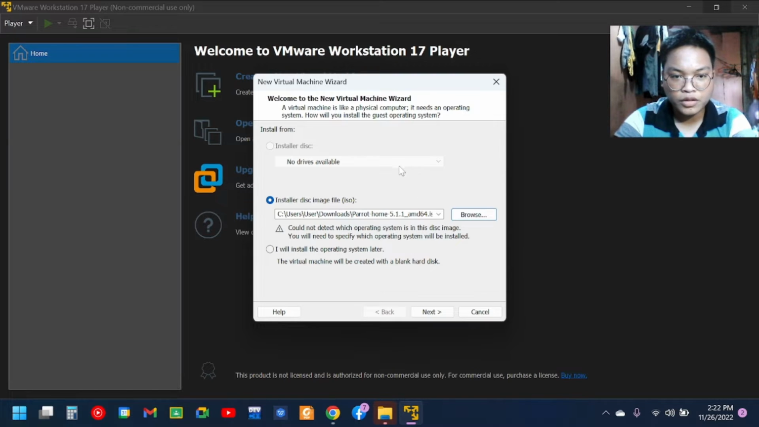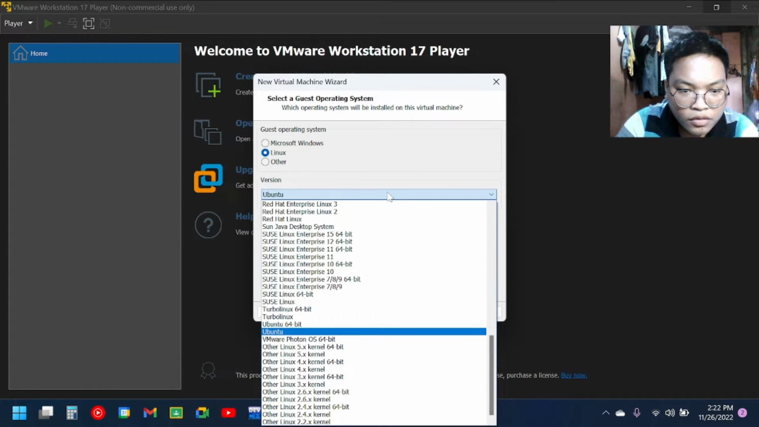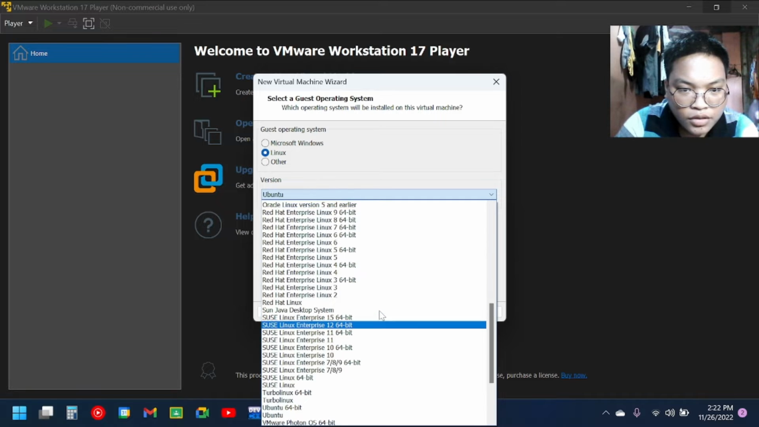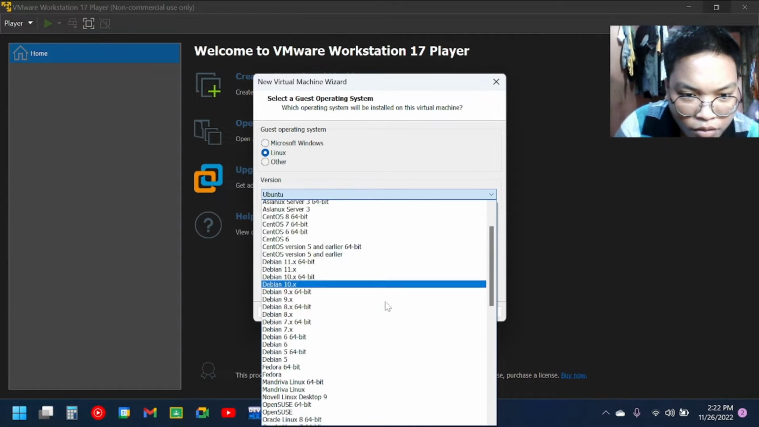You need to browse which operating system will be installed. Next, after this, so yes, Parrot. I think there are three categories or types of Linux operating system: Parrot, Ubuntu, and Kali. So I chose the Parrot Linux. So after this, you need to click Linux. We need to get